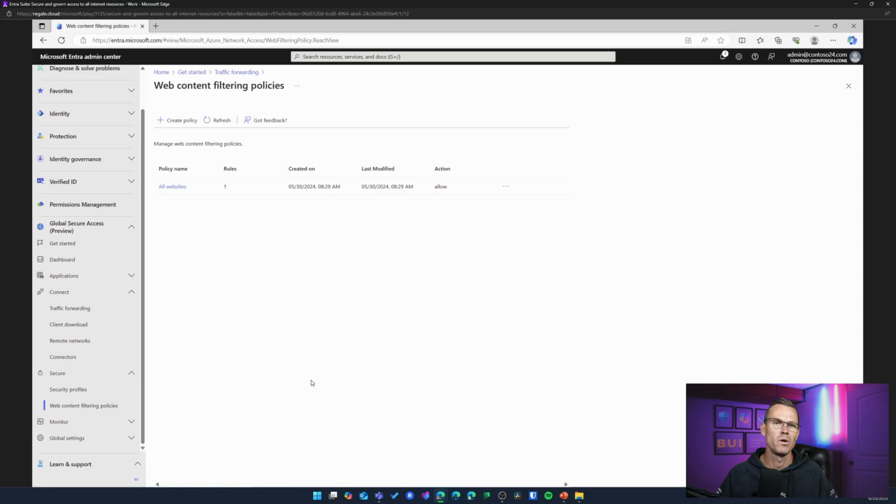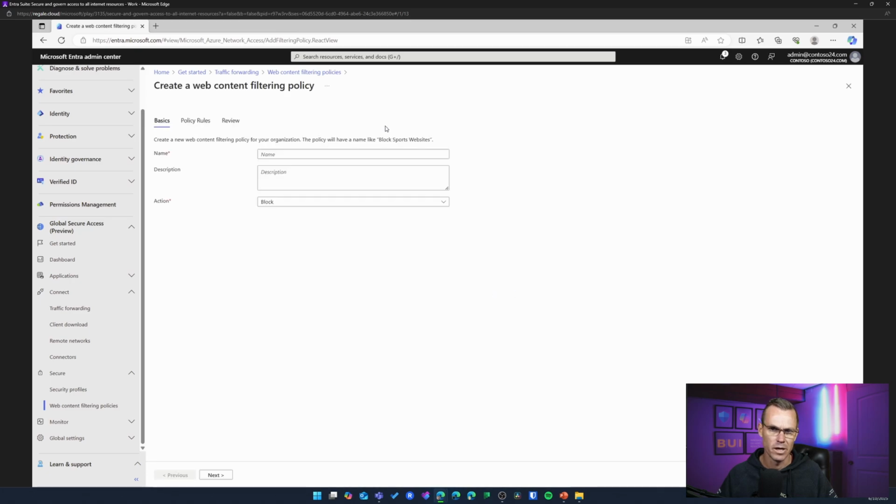Now, this is where we actually specify what type of sites are to be allowed or blocked. As you can see here, we have a default policy for all websites, meaning everything is open for everybody, right? So we can see that there's allow. So what we want to do is start creating exceptions to this baseline. So we're going to go and create a policy, and we're going to call this baseline internet access policy.